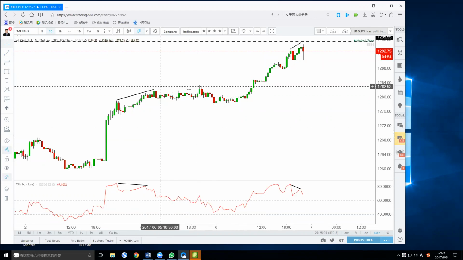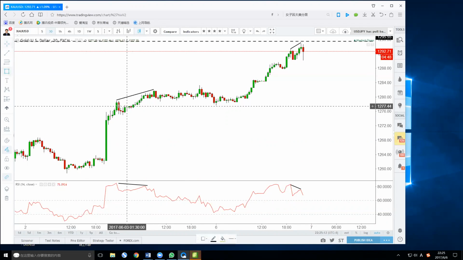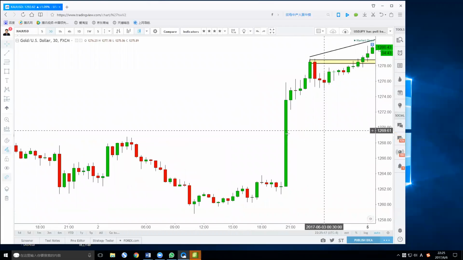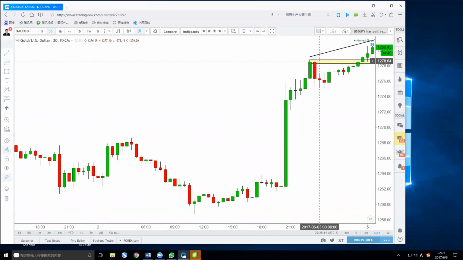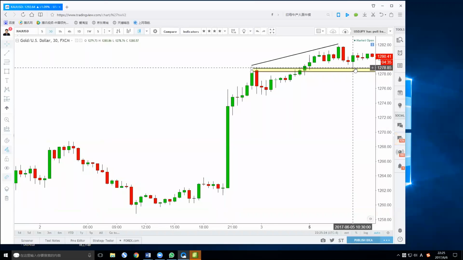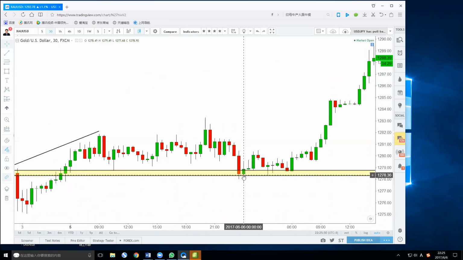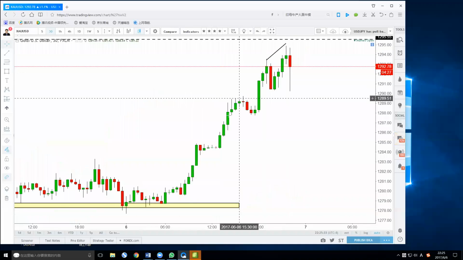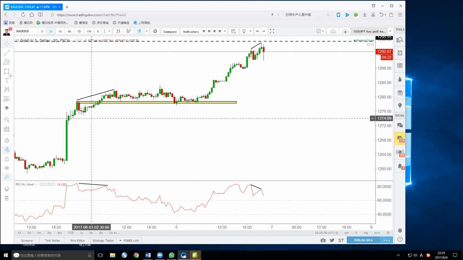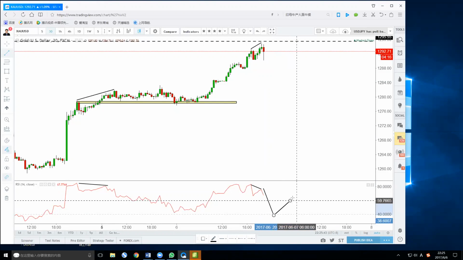Which means if you're short, you should take a quick profit when hitting the previous structure. Okay, right now the gold structure is here. You can see here, this is how we enter the market, right? Price makes a high, rejects once, becomes resistance, then it breaks up. So you find a point to buy the pullback at 1278. You can always find a pullback to buy the structure, buy from here, and then you can all the way enjoy this 100 pips. Right now, the RSI is still very, very bullish. Okay, I would rather wait for the RSI to come down and retest and short from this level.